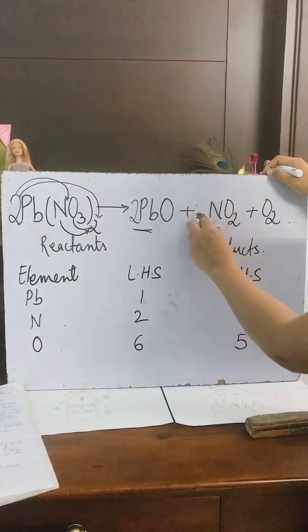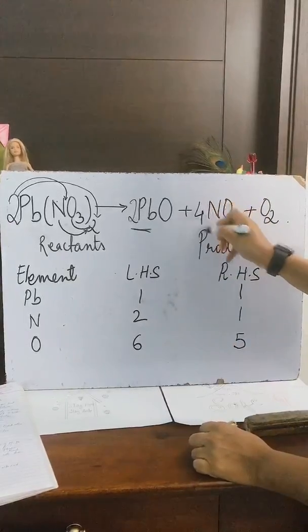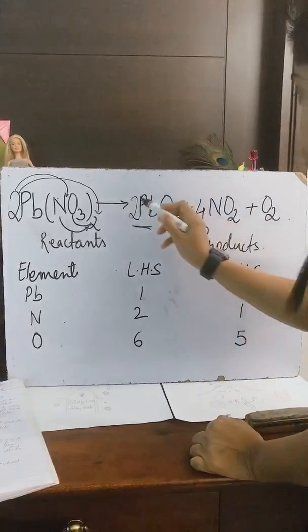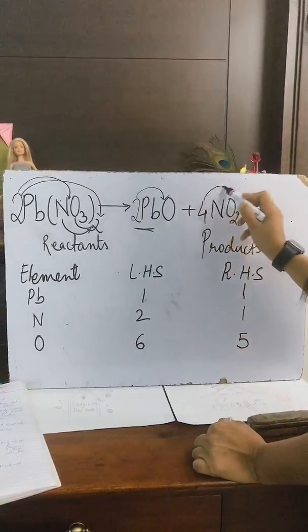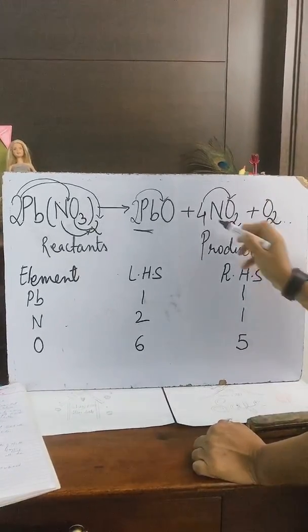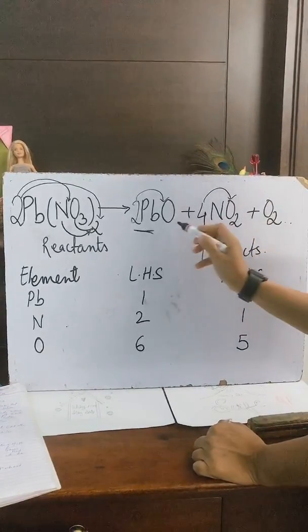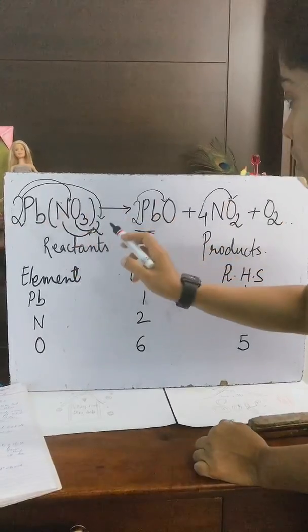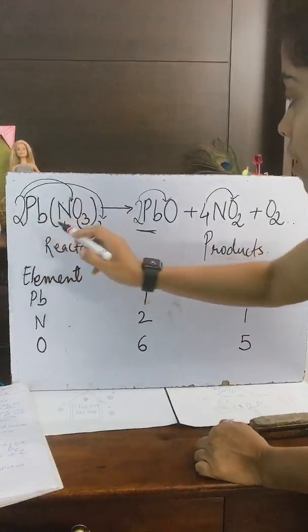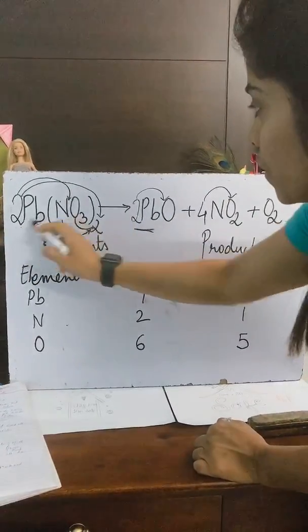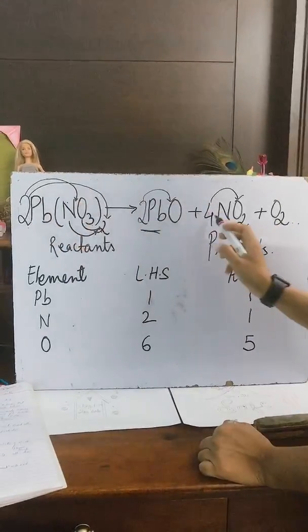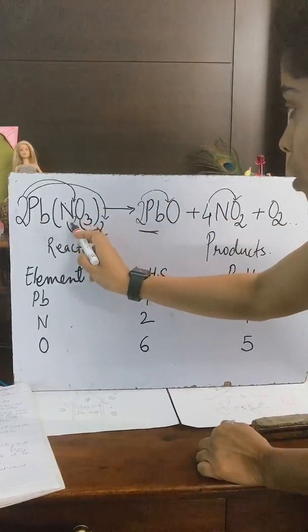So what I will do over here, I will write 4. So now you see, 2 oxygen, 4 twos are 8 and 2, 8, 9, 10, 11, 12. 2, 6 are 12, because 3 twos are 6, 6 twos are 12 oxygen, 2 nitrogen. 2 nitrogen was already there because it was